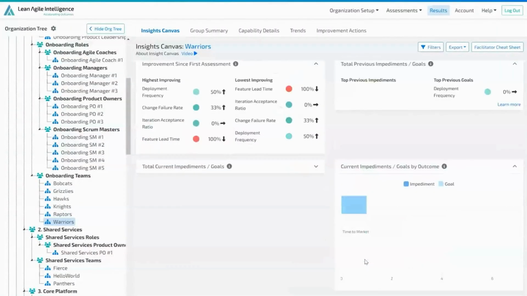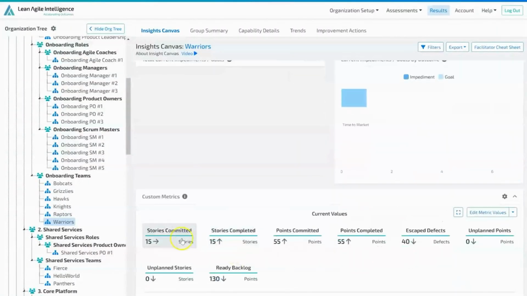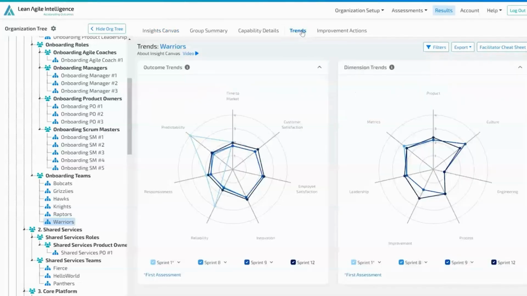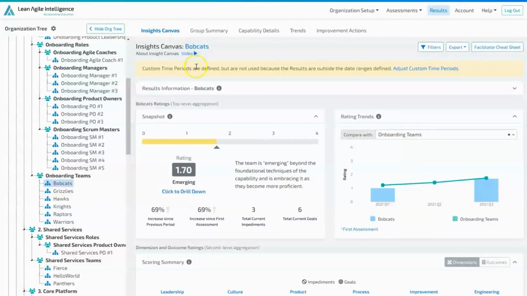If you have custom metrics set up, you will also see the custom time periods being applied there as well. If you navigate to the trend dashboard, you can see the custom time periods being applied to the outcome and dimension trends. Now, if the group or entity assigned to the custom time periods do not have data that can